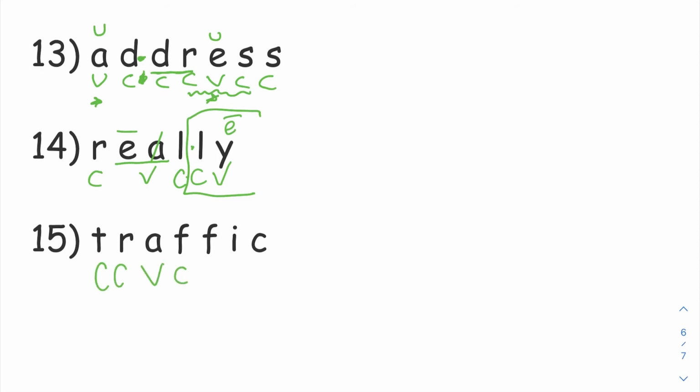Let's keep rolling here. Code our consonants and vowels. There's that vowel, consonant, consonant, vowel. Divide between the consonants. Consonant, vowel, consonant. Mark it with the breve. Consonant, vowel, consonant. Mark it with the breve. The first syllable, treff. Second syllable,